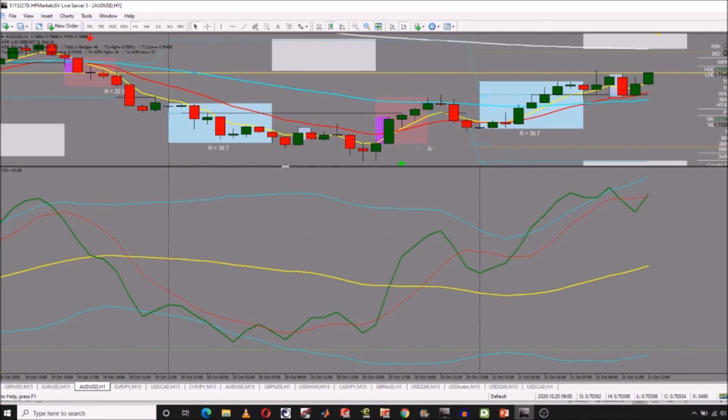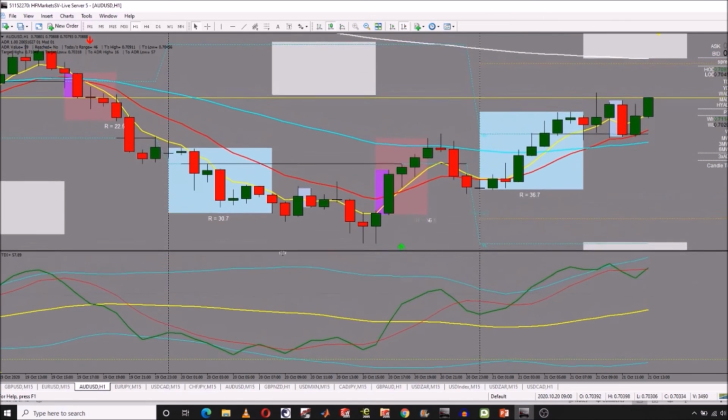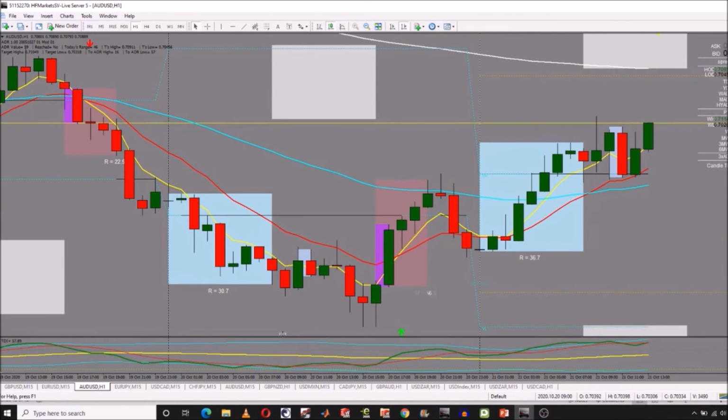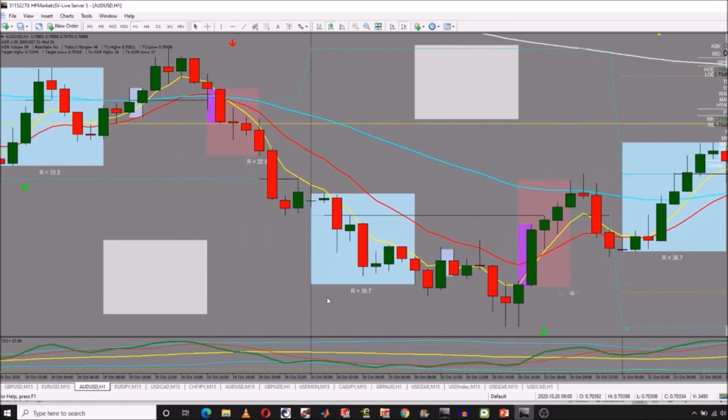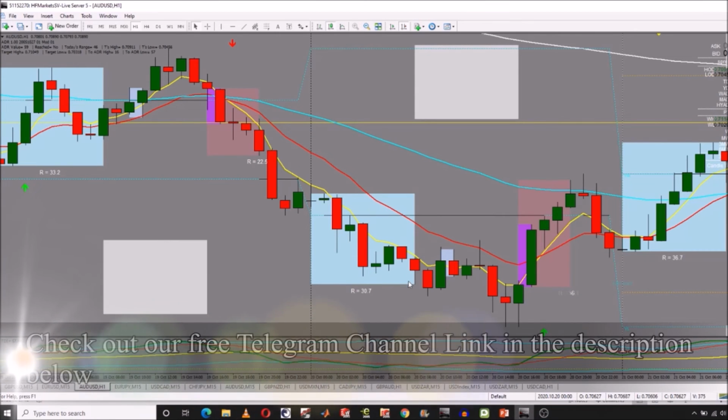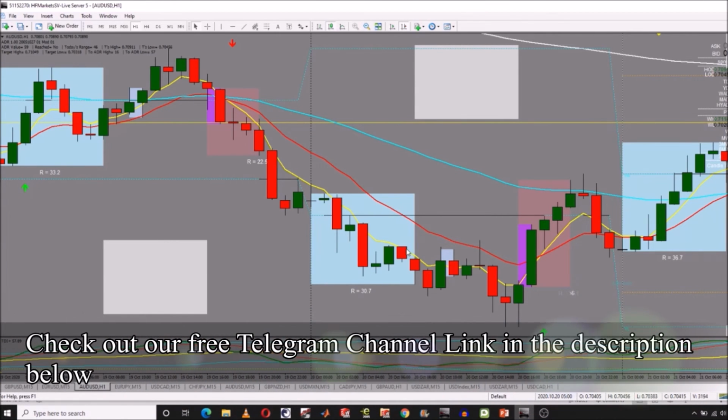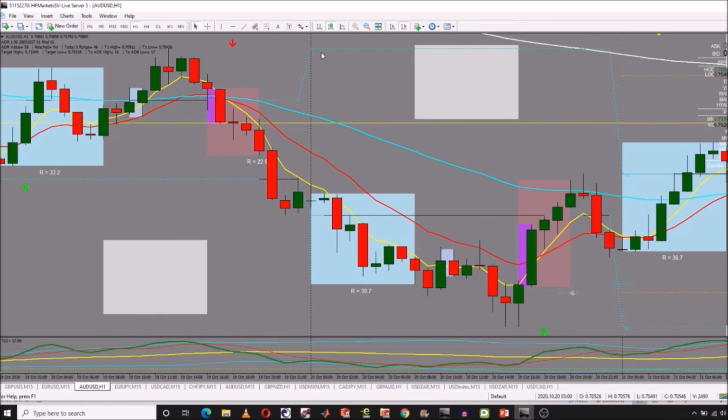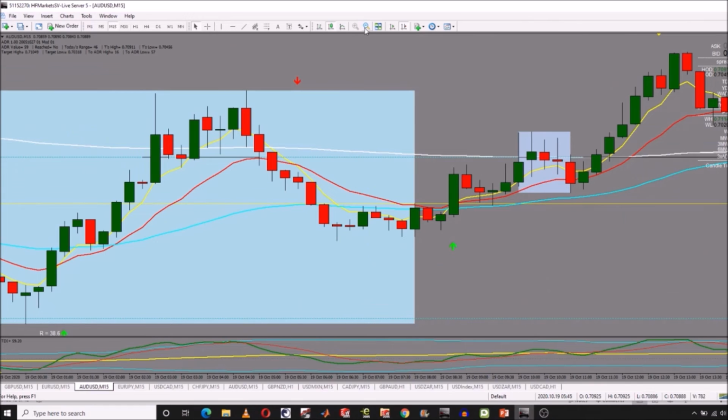Nothing much. I'll discuss that in the later lessons. Then after that, we have the blue boxes. These blue boxes mark up the Asian session. They only mark up the Asian session,